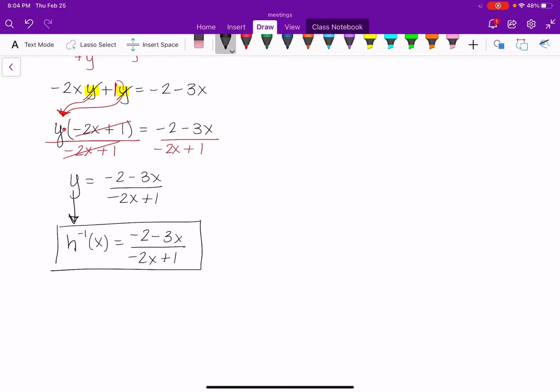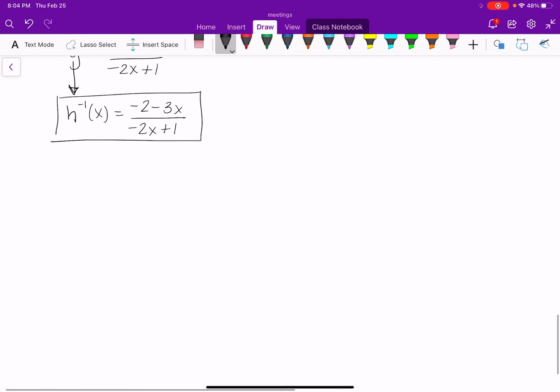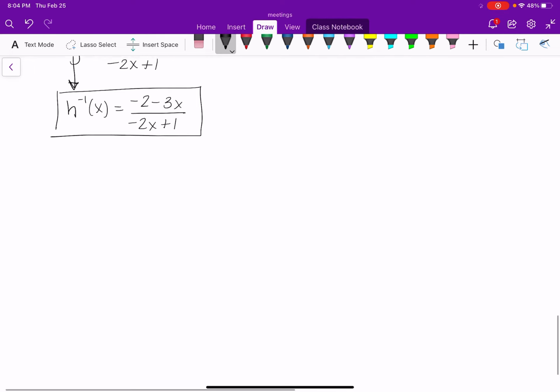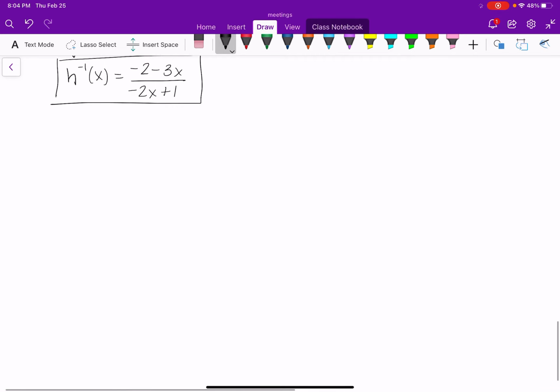In my opinion, this is probably the hardest problem in your homework with the two variables and the fraction, because you have to do quite a bit of work to get the y by itself. But that's just my opinion. So now we're going to look at a couple different problems where we have some powers and some roots going on. So our first example with powers and roots is going to be k of x is equal to